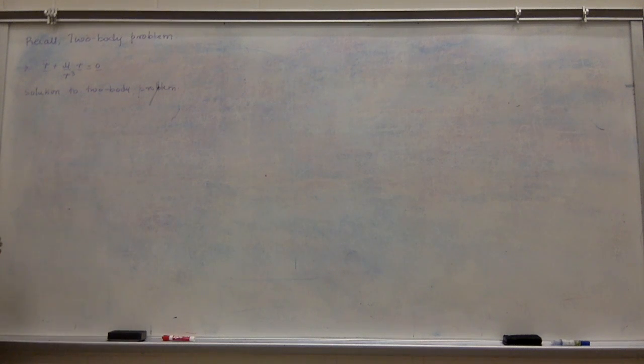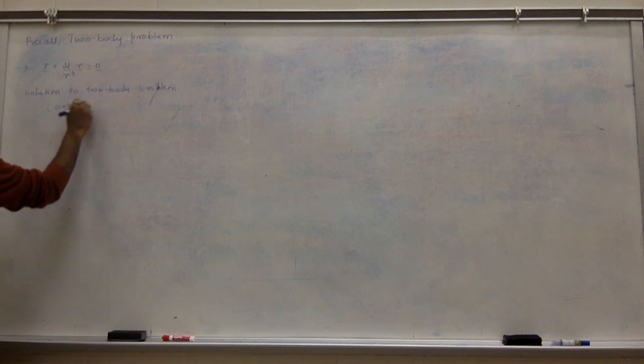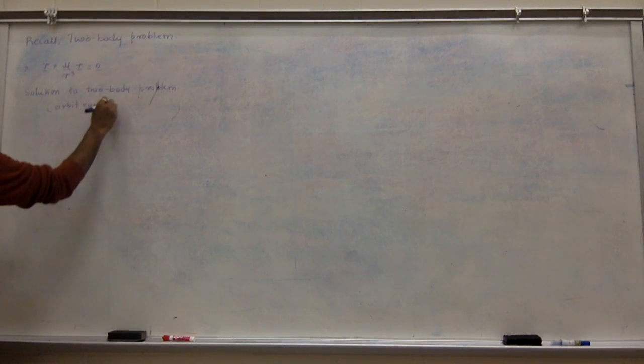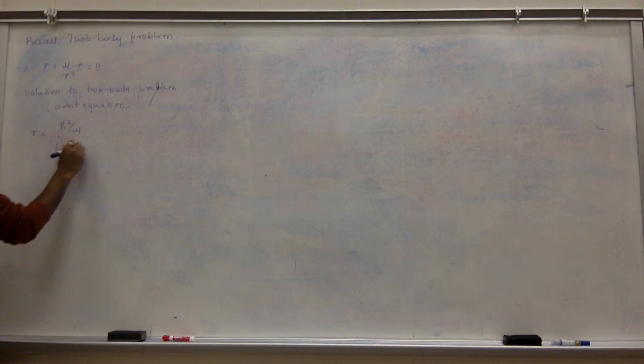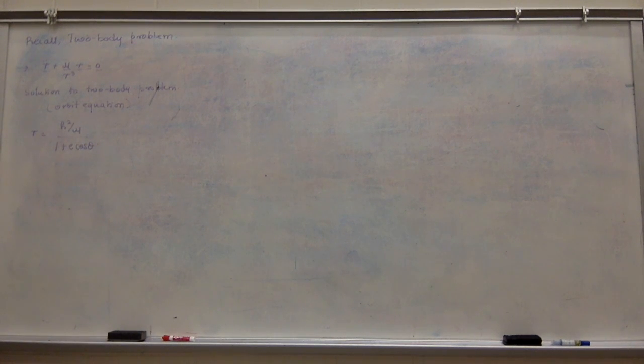The solution to the two body problem is what? It's the orbit equation or the trajectory equation, okay? Or Kepler's first law is the solution to the two body problem. And if you look at the solution, it's R is equal to h squared over mu over 1 plus e cosine theta. So here